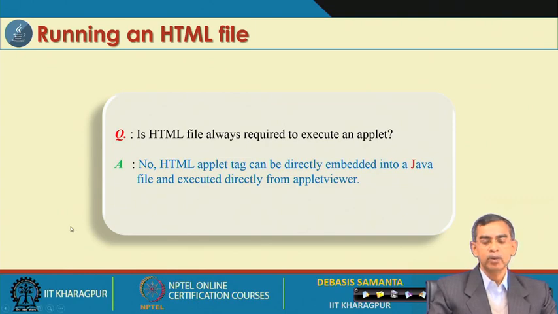Now, what is the policy here? Whatever the applet tag is, you just write it after or before, wherever it is, absolutely no problem. Then the same .java file can be used. So, there is no need to maintain two files, the .java file or .class and then .html, but only one .java file and the corresponding compiled class file should be there.